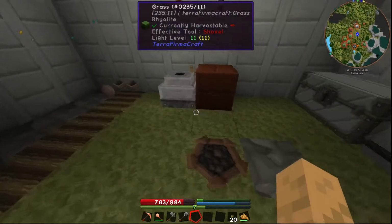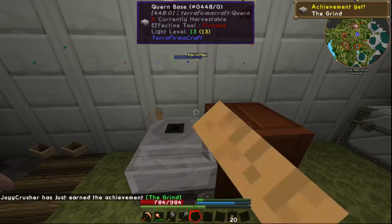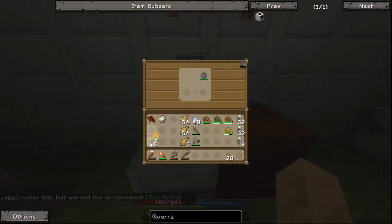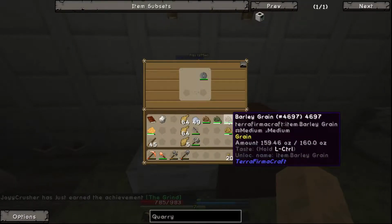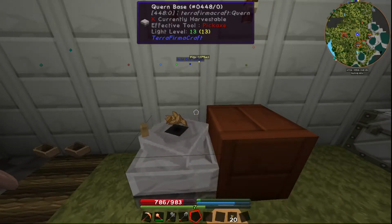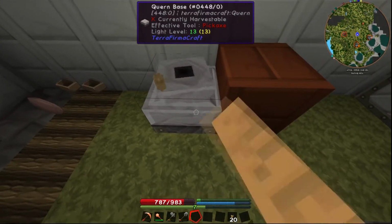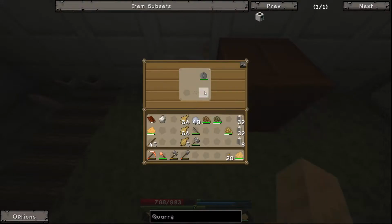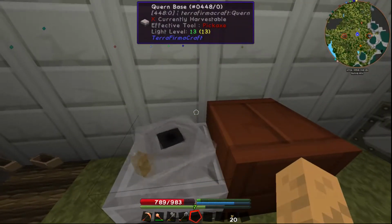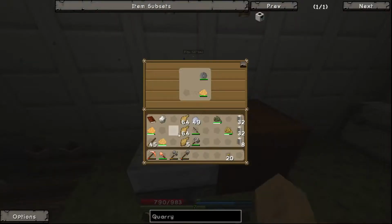So we've got all that, and now what we can do is throw the grain in there, and if you just right click on this wooden peg in the corner, there we go, we got some wheat flour. Let's go ahead and get some barley flour. Awesome. Where's our barley flour? Great. Let's go ahead and put in the rest of the barley. There we go. You can see the actual...